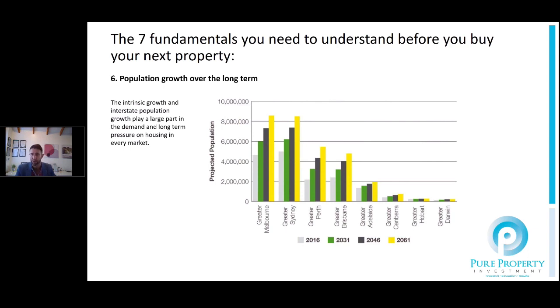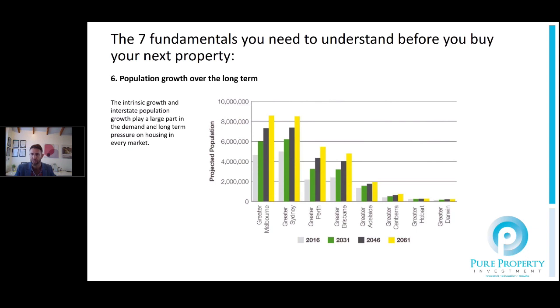But I think Brisbane's got a very good story at the moment, given they're at their highest interstate migration numbers for 10 years. They're very much in what I would deem to be an affordable period of their growth cycle, but also in their cash flow. I mean, you can probably chase anything between 4.5% and 5.5% gross yields in a lot of freestanding houses in that Greater Brisbane market.